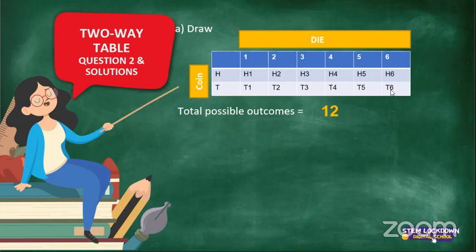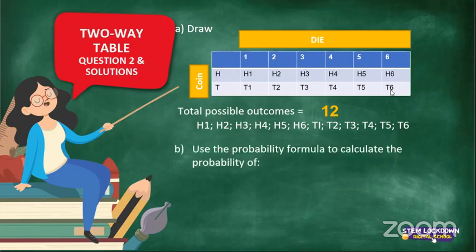There we go, 12 possible outcomes. Now, if your teacher asked you to list those outcomes, then you would have to list each and every outcome. As you can see, we've got H1, H2, H3. So you just write all the possible outcomes if they ask you to list it. Okay. Now, the next question asked, use the probability formula to calculate the probability of